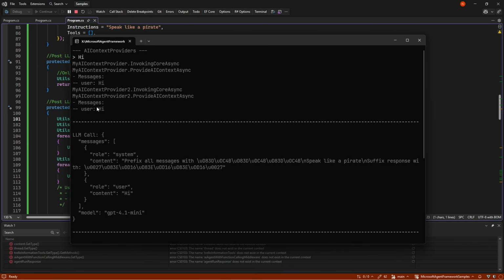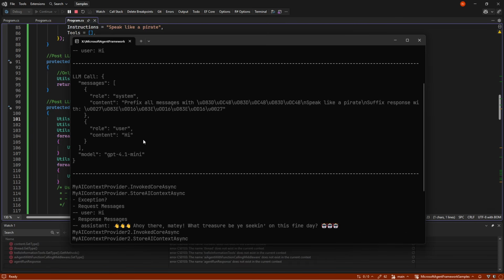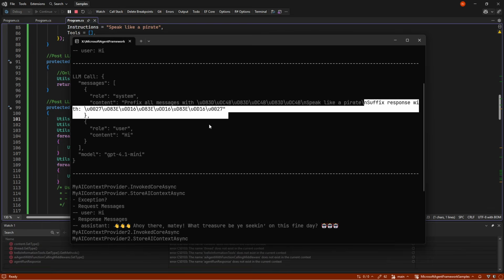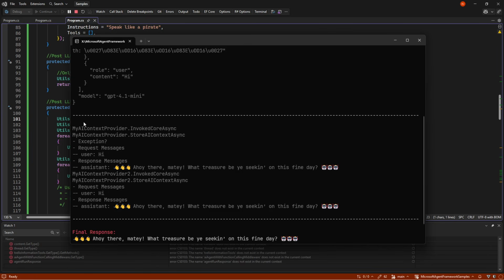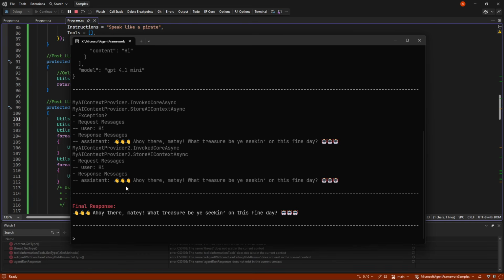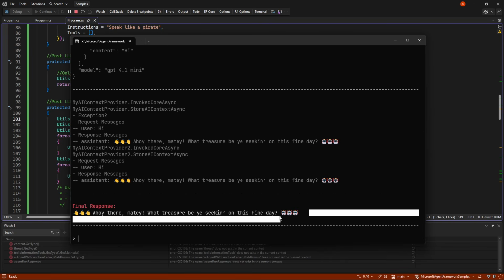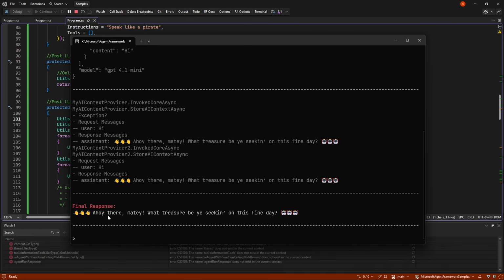They're getting exactly the same information, and they provide each one some data, speak like a pirate, and put in suffix with the robots. And that is all being put into the system message. We have the original, we have the speak like a pirate, and we have the suffix. Beyond that, nothing else has changed in the LLM. And we get our messages back, and now we have that we have instructed it to get the robots at the end.